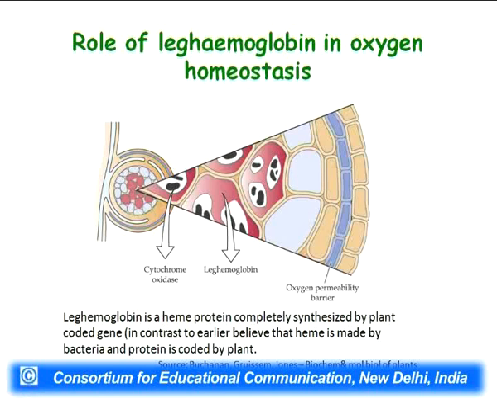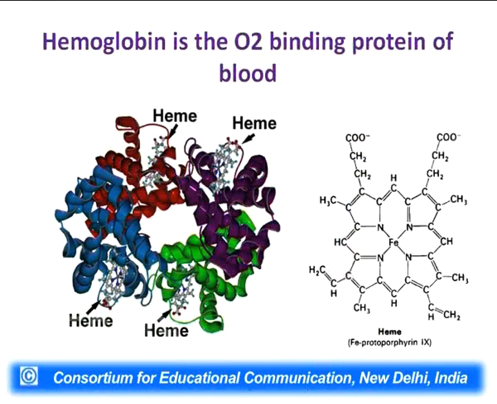This leg hemoglobin is a hemoglobin. As all of you know, hemoglobin is a protein present in our blood that binds with oxygen. So, when it binds with the oxygen, it allows more oxygen to get dissolved in a liquid. So, having hemoglobin actually increases the solubility of oxygen in the water, or when I am speaking about blood, it increases the oxygen amount in the blood through hemoglobin, which can bind and allows it to dissolve.